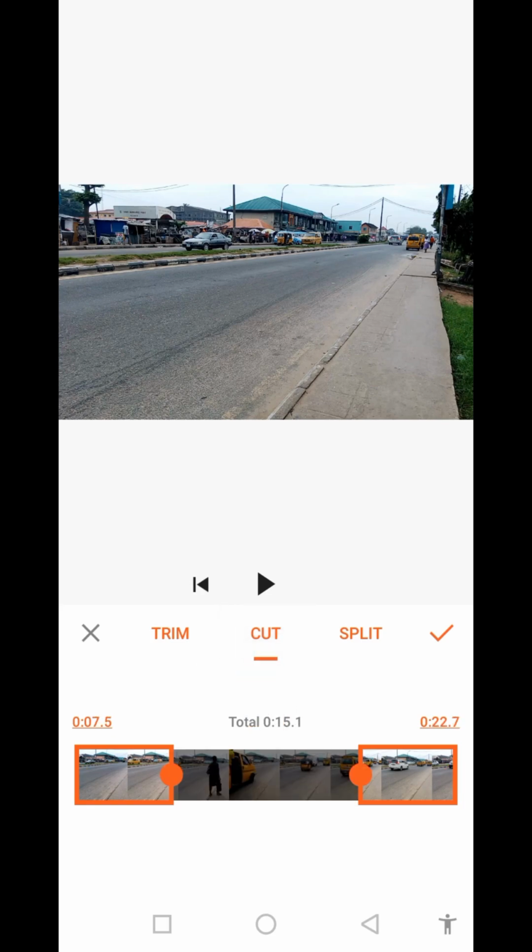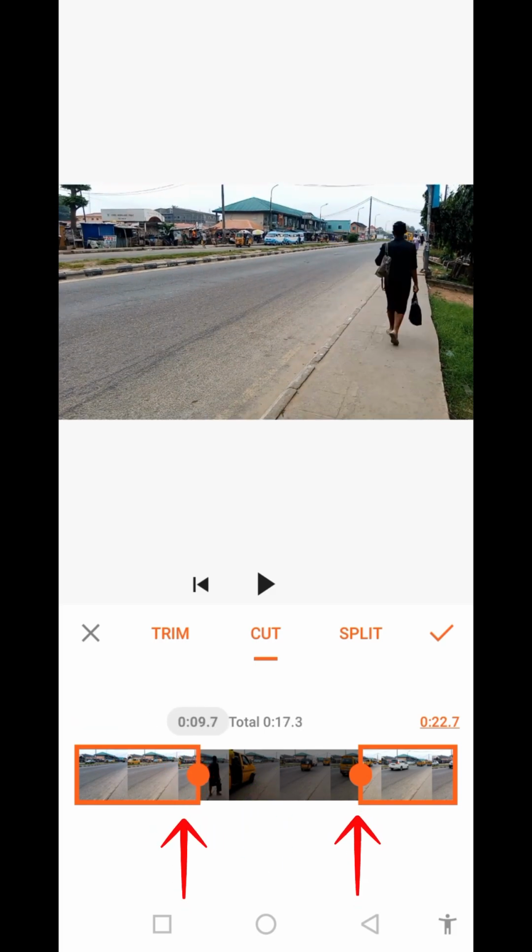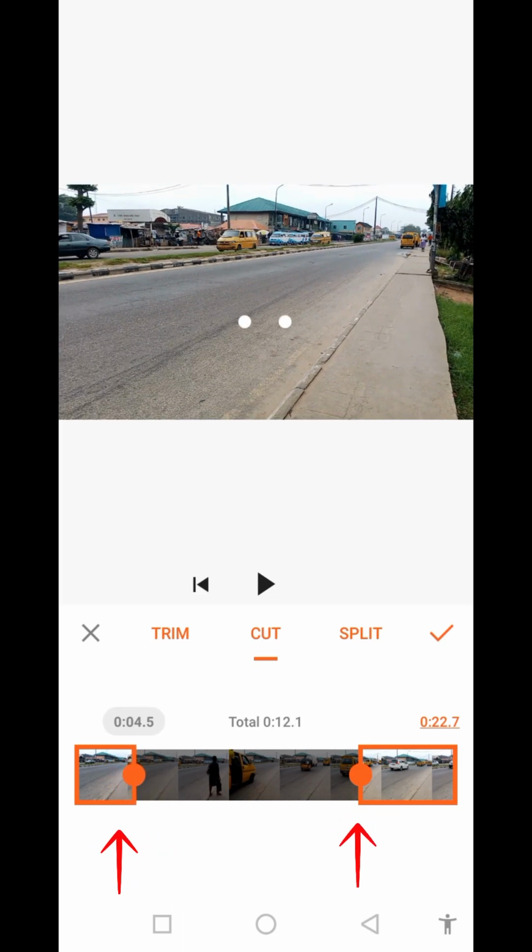Now this part will split your video in two ways, and automatically you are looking at the gray. It means that this gray part will not be included in the video. Now let's do something. I want this place to be part of the video